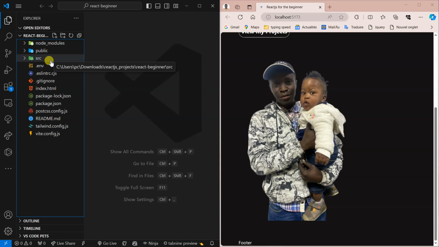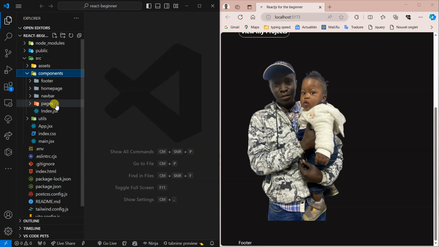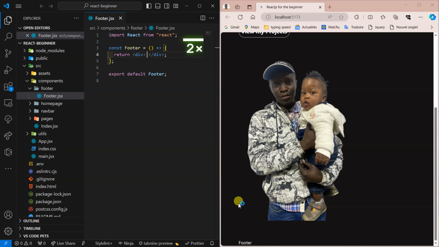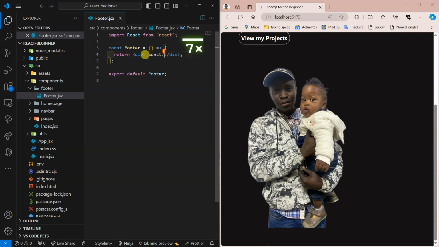What is that? We have to move up to component footer, this one. We have the word footer here, showing us that if I save now, there's nothing coming, it's empty. Good. So here in the footer, let's add one more div. Press dot, press enter. So I have this div. This div will contain